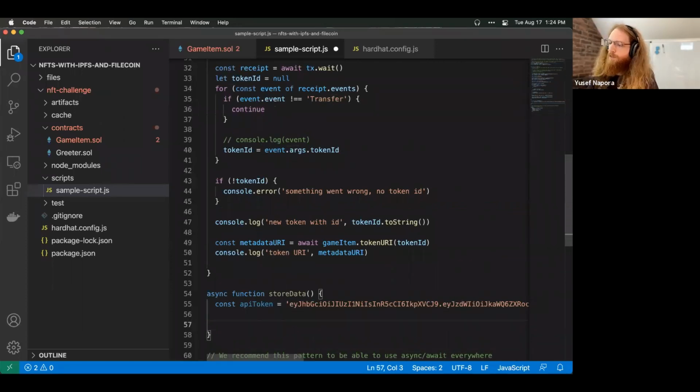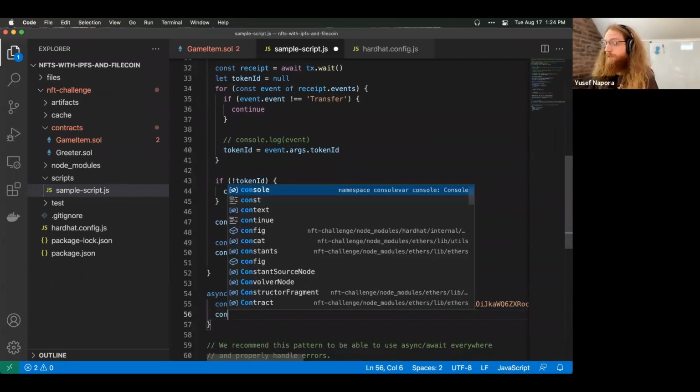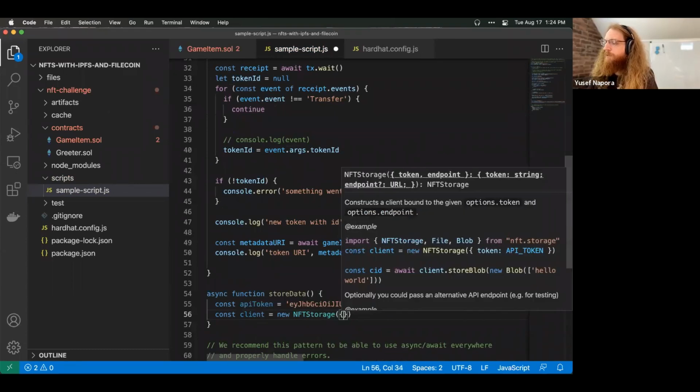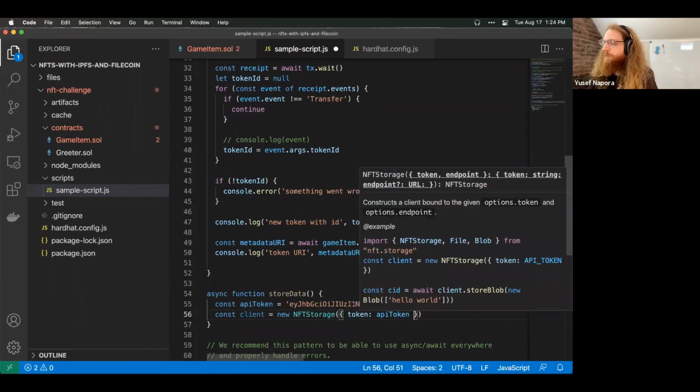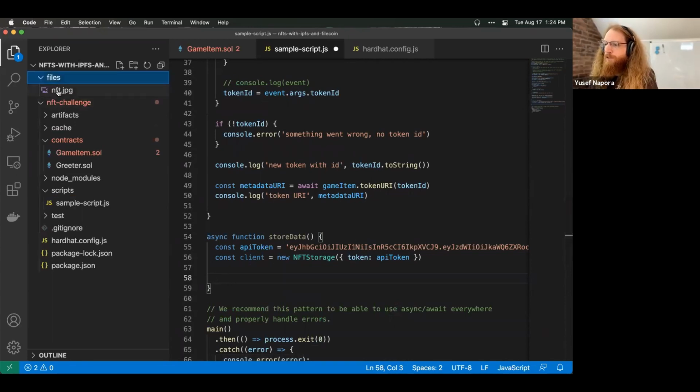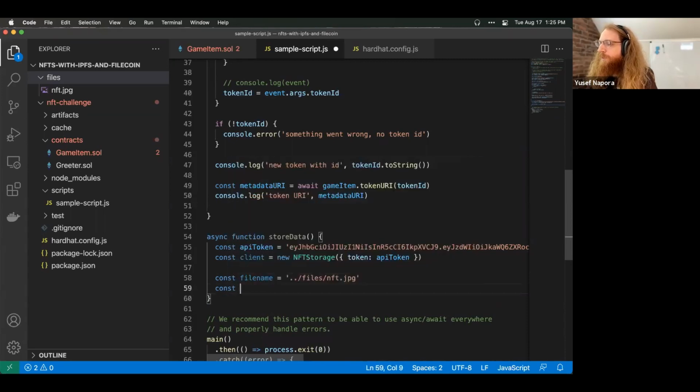Right, so I'm going to make an NFTStorage client. So I'm going to say client equals new NFTStorage and pass in the API token. And then I'll be able to call store on it once I have the actual data loaded. So I have a file here that I'm going to store, and I'm just going to hard code the path in here. Let's see, it'll be files, nft.jpg, and then we'll say data equals readFile,